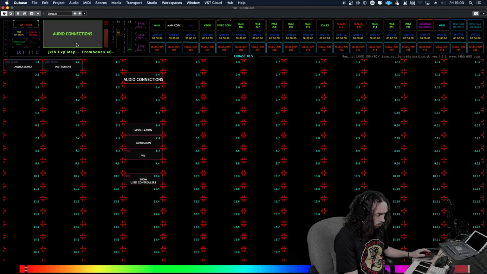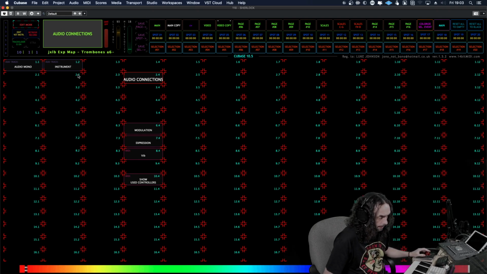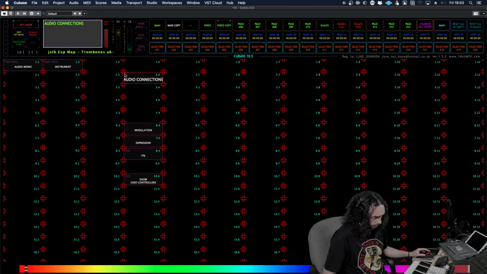So here's a little tip, actually, on how to name stuff. And this works for buttons up here and buttons down here. So audio connections, if you want that to be audio and then have the word connections underneath it, what you should do,